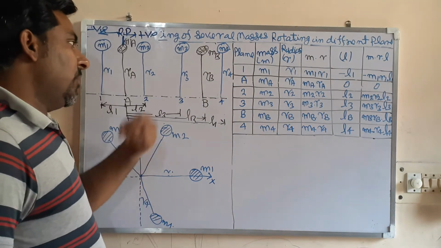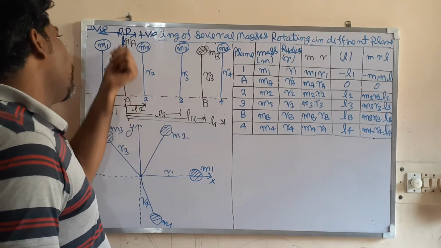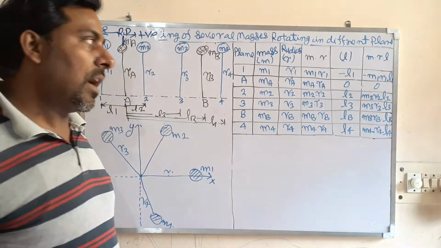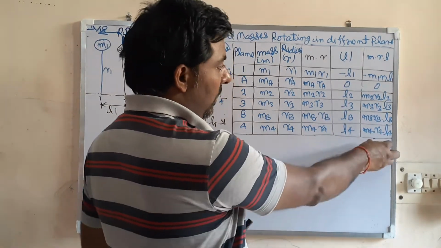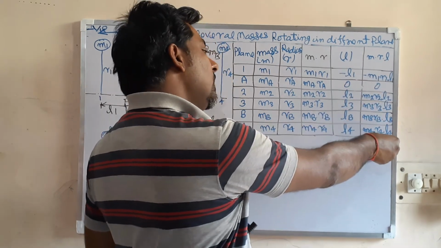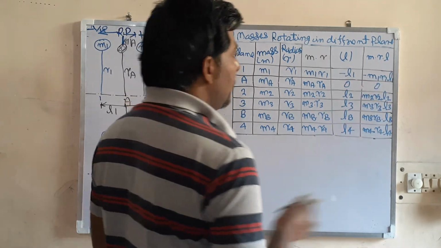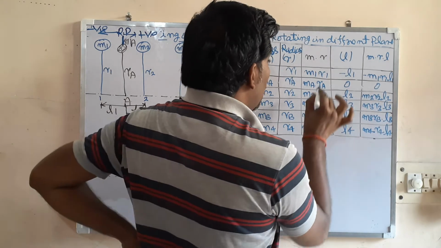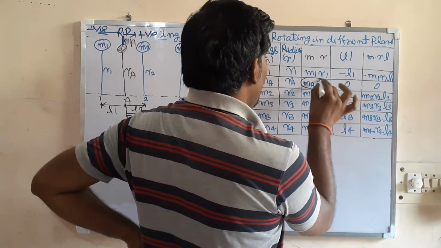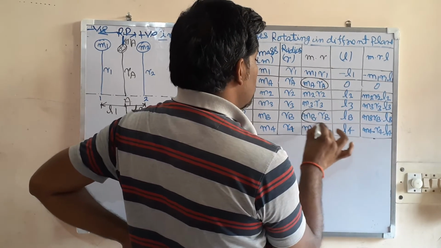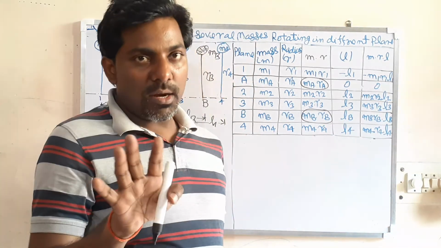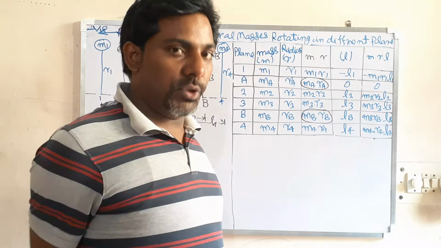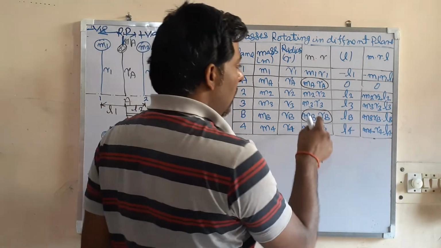So what is the benefit of taking the reference plane at one unknown plane? What is the benefit of that? From here I am going to draw the first polygon. From this column I am going to draw the couple polygon. You look at here, in the first polygon there are two unknowns, this and this, and from one equation, one diagram, you cannot get two things. So there are two unknowns.